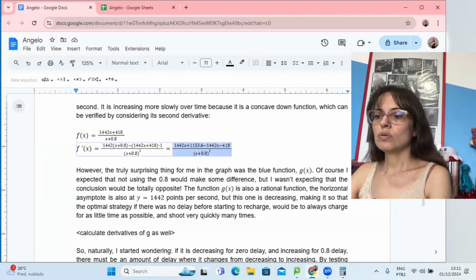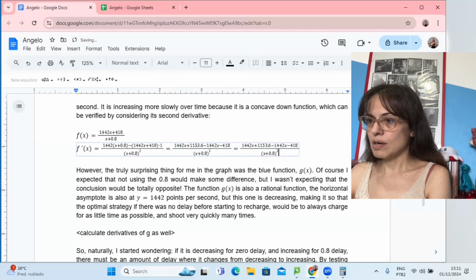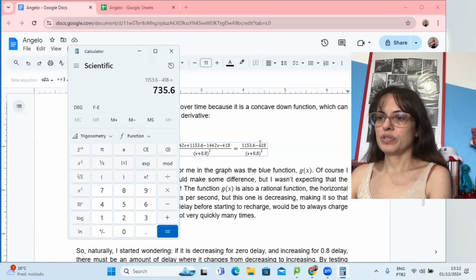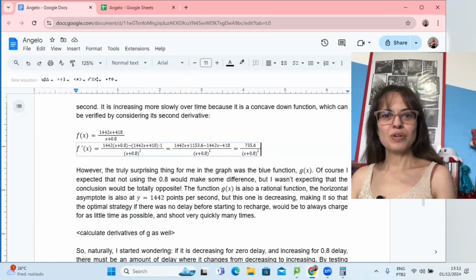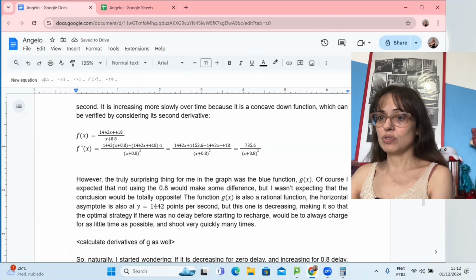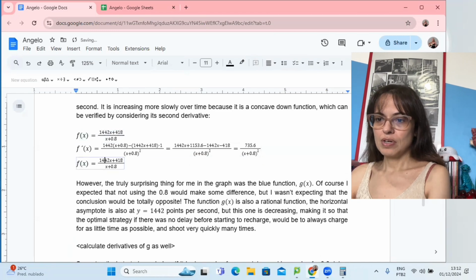1153.6. Oh, look, the 1442x is canceling out with the other one. So let's get it out of here. And that subtraction is 735.6. That was cute, wasn't it? How the 1442x's canceled out. And it really was helpful because now that I'm going to do the whole thing again for the second derivative,